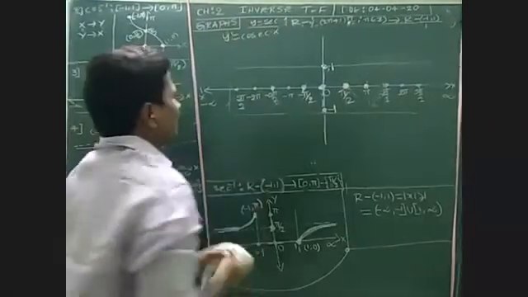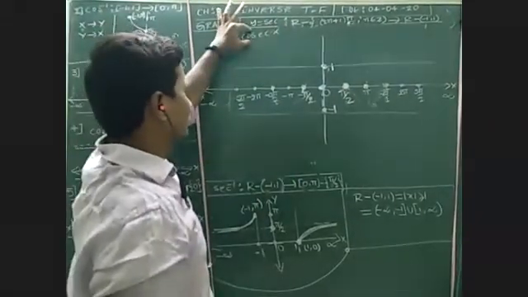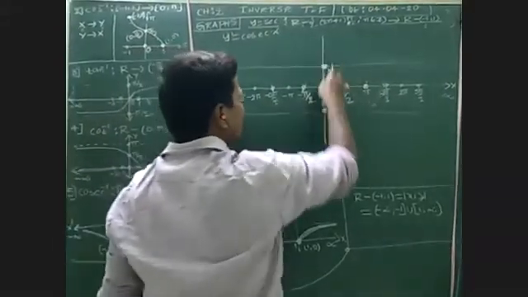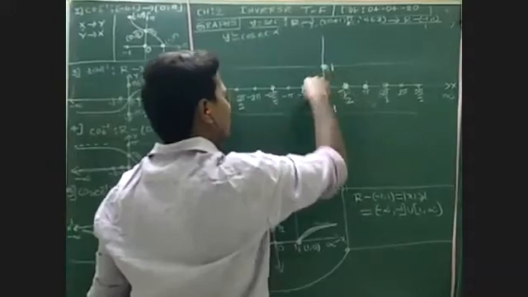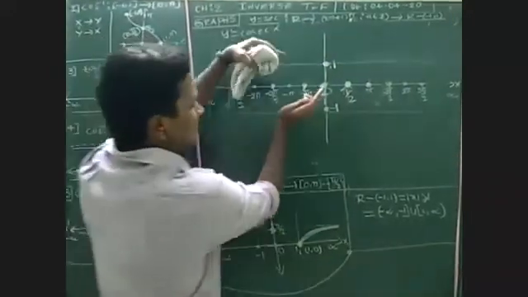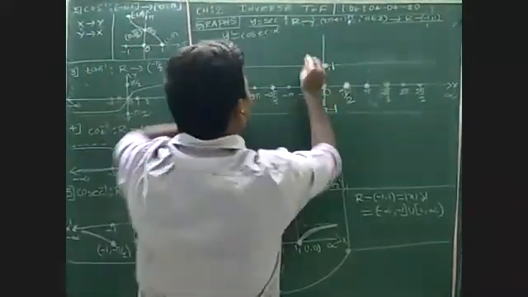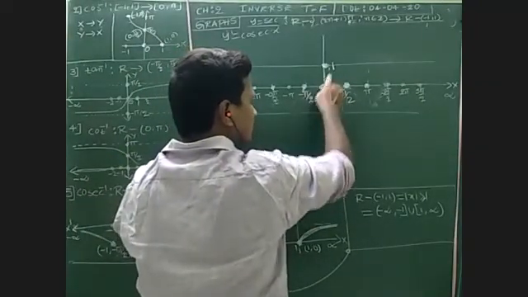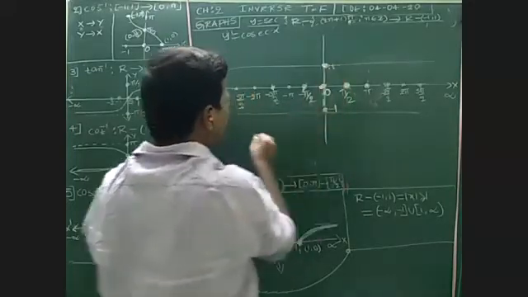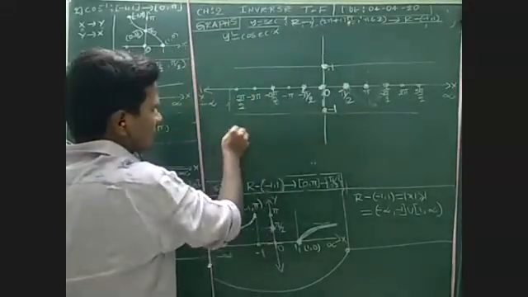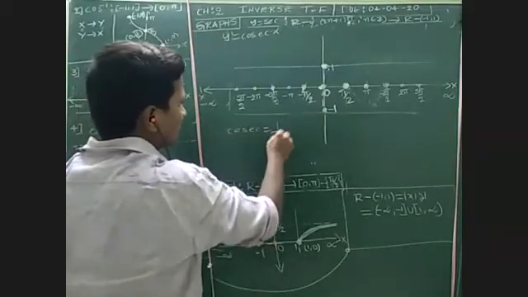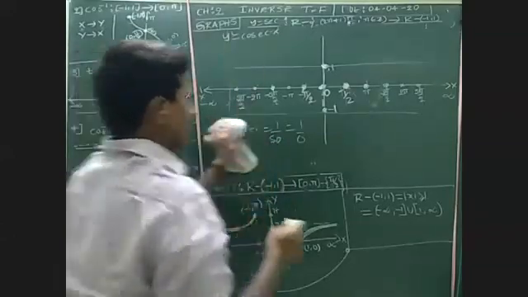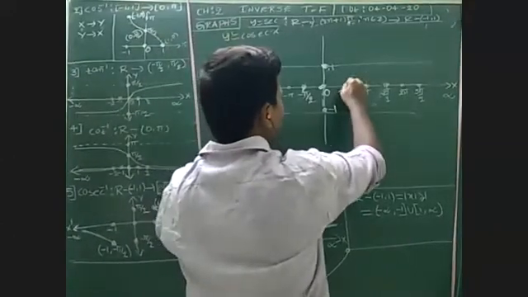The trigonometric function cosecant x means the graph of cosecant x doesn't lie between, again the same, -1 to 1. Secant and cosecant are the same. The curve doesn't exist between these two. Now, what is cosecant 0? Cosecant 0 is undefined because cosecant 0 is equal to 1 by sin 0. Sin 0 is 0, and 1 by 0 is undefined, nothing but infinite. And cosecant 90 is 1.